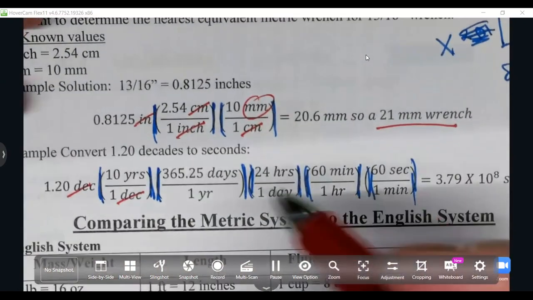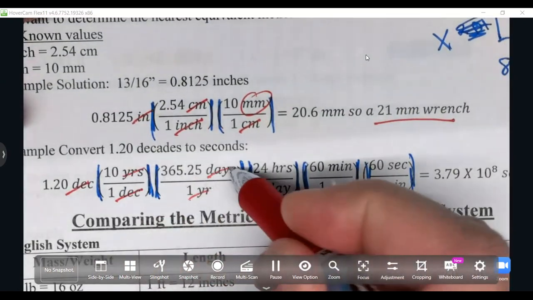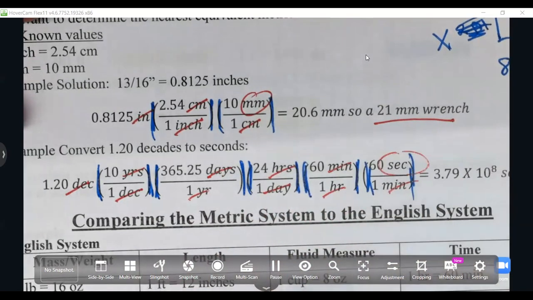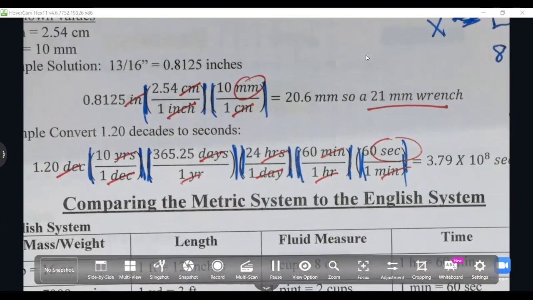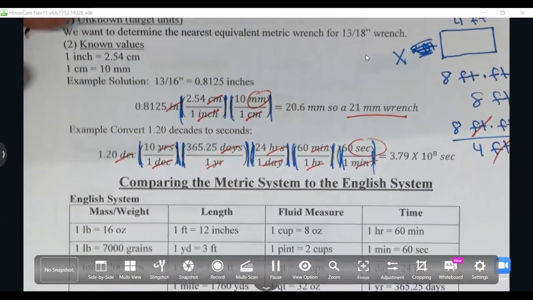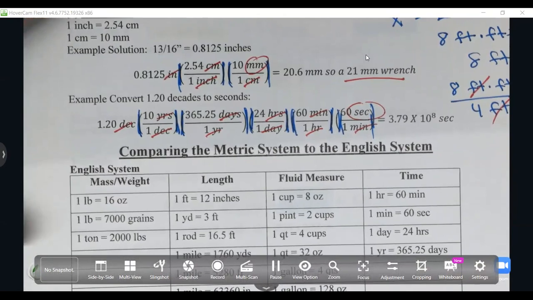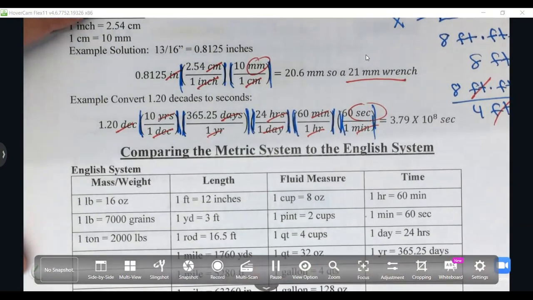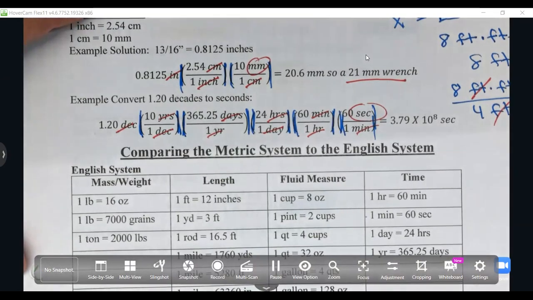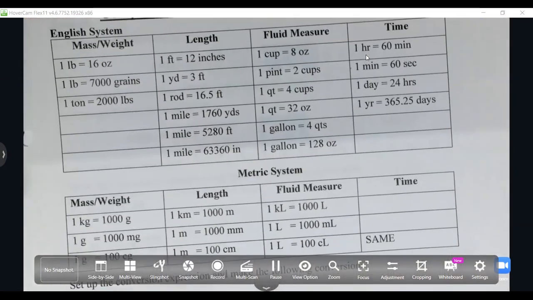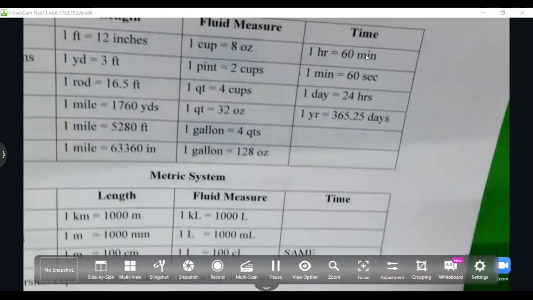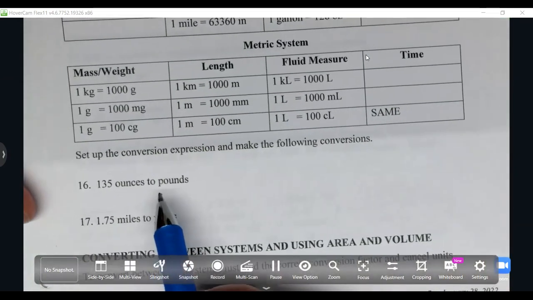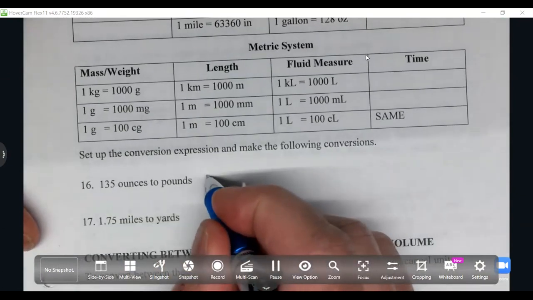I can eliminate decades, I can eliminate years, I can eliminate days, hours, minutes, and I'm left with seconds. 90+% of you have done this. Okay. And so let's do this one down here, 16. So again, the English system. If we have 135 ounces,